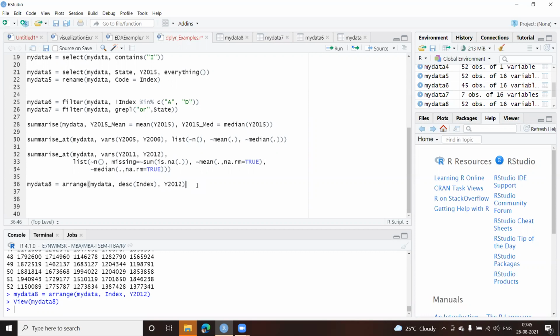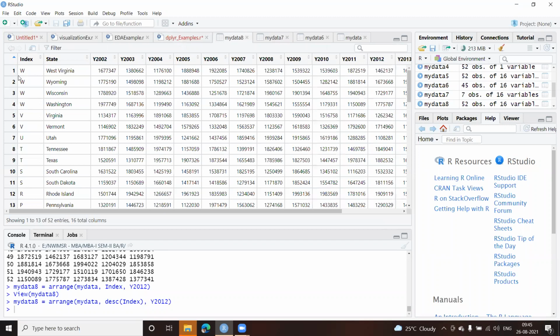If I run this and come back here, you can see the index is in descending order, and for the year we had given 2012. So it will take this combination, for each combination of W and this year. You can see these values for all Ws are in ascending order. So 14 lakh something is coming on top, then 16, then 17, and 17, and so on. So within the indexes, the year 2012 is getting sorted in ascending order.